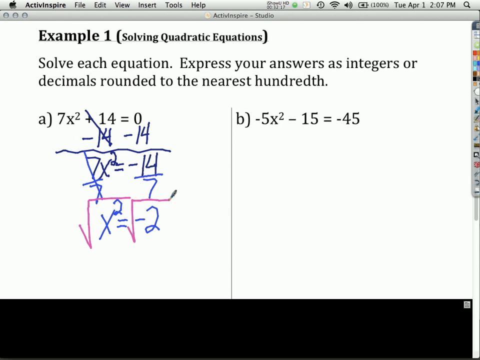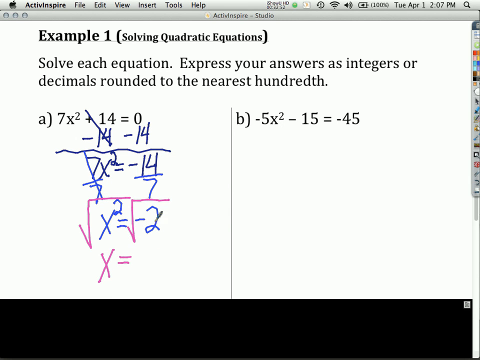The reason we do that is because the square root of x squared is x. When you square something, you're multiplying it by itself. When you square root something, you're asking what number times itself gives me that number. So square root and squared undo each other. They're opposites. Just like subtracting 14 and adding 14 are opposites, square root and squared are opposites. And so we end up with x on the left